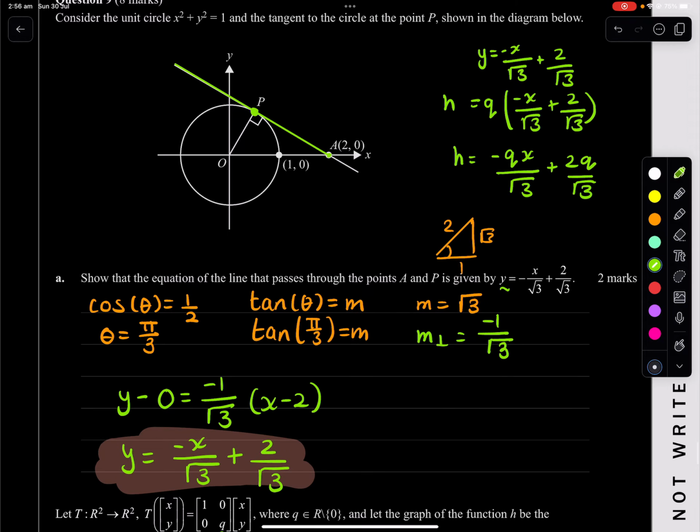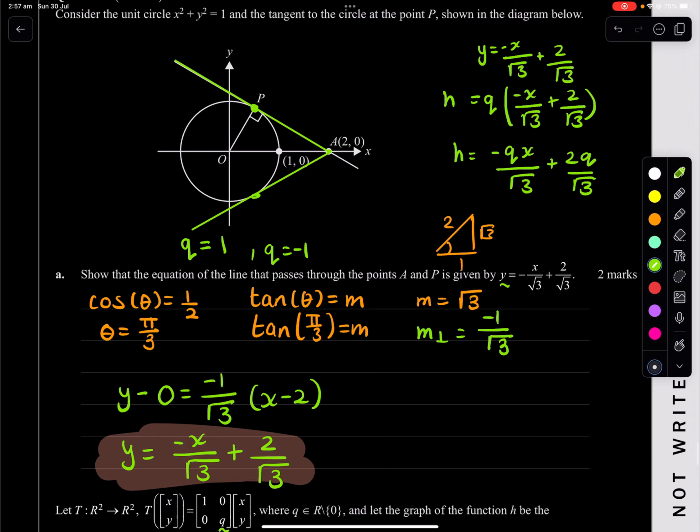So we know that q will at least be equal to 1. And if we flip it, if we put q as negative 1, which is just a reflection of it, it will still touch at that 1 point. If q is negative 1, it pretty much reflects the whole equation on the y-axis. So we know that, and any values between negative 1 and 1 will always intersect at